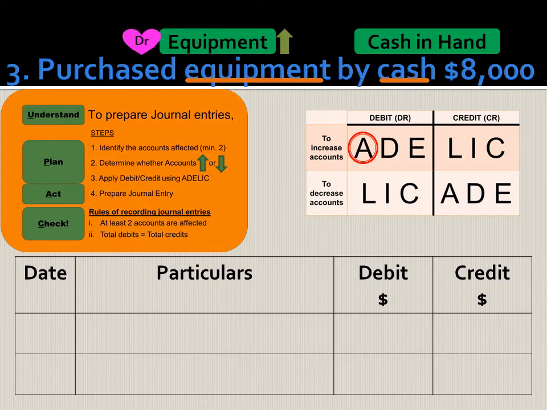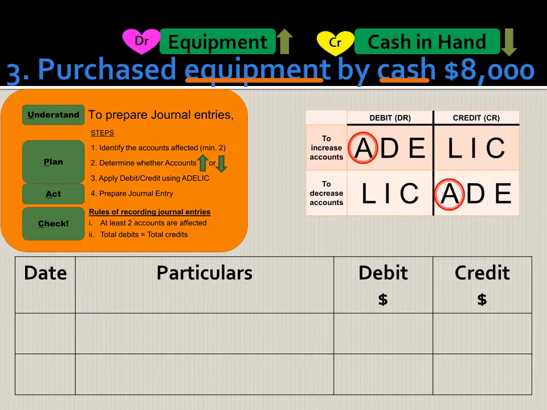The business paid cash. Therefore, the business will have less cash in operations. Cash in hand account will decrease. Cash in hand account is an asset, and when an asset decreases, we will need to credit that cash in hand account. Step 4,